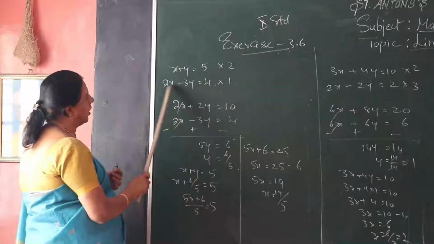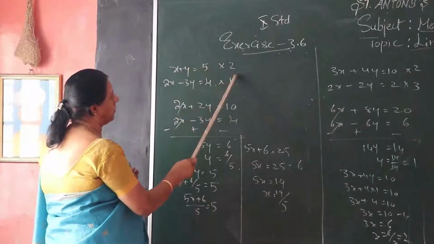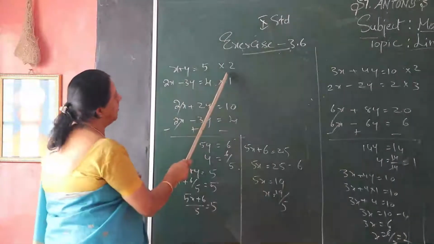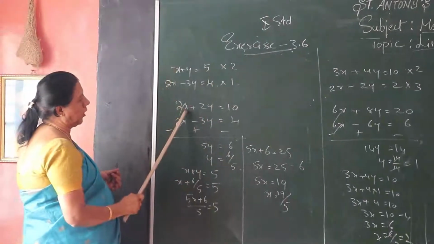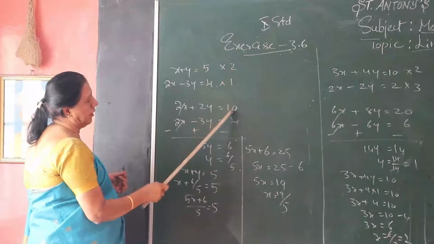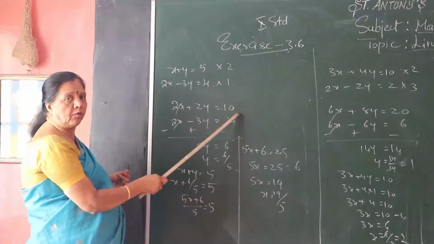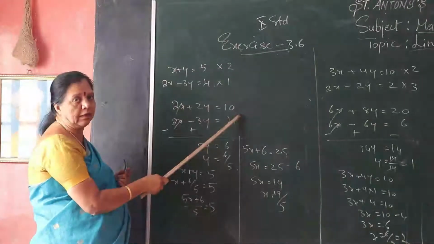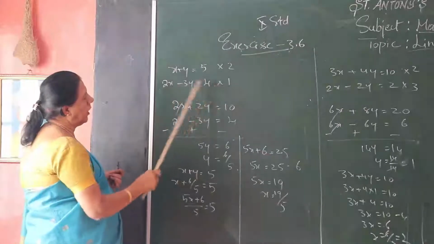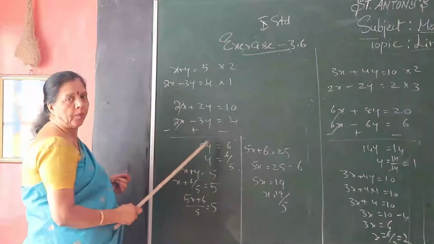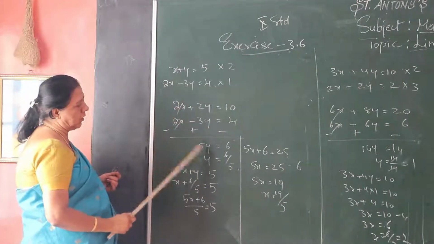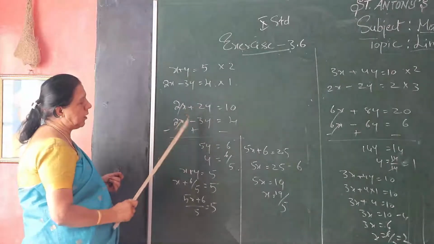Directly I have taken the coefficient of x in the first equation, 2, and multiplied the whole equation; the coefficient of x in the second equation is 1. The multiplied result is 2 into x, 2x, plus 2 into y, 2y, is equal to 5 into 2, 10, in the first equation, because one variable should be cancelled. Second equation: 1 into 2x is 2x minus 1 into 3y is 3y is equal to 4. Change the sign: minus, plus, minus. 2x and 2x cancel. The remaining terms: here plus, plus is there.